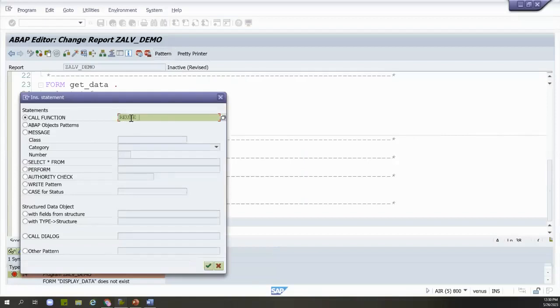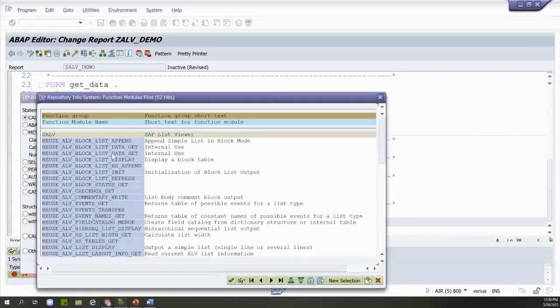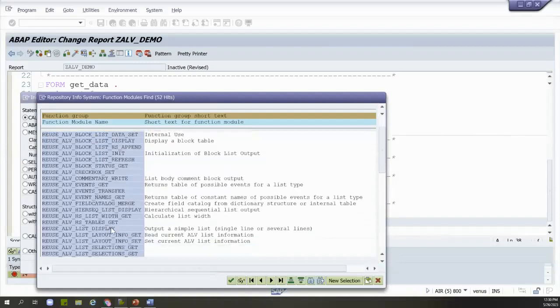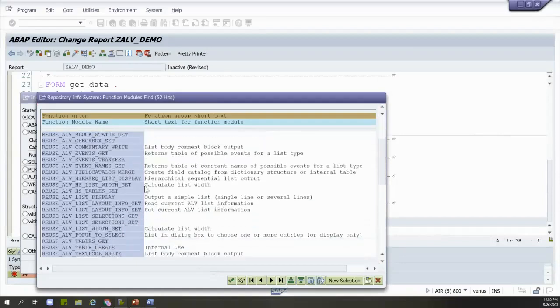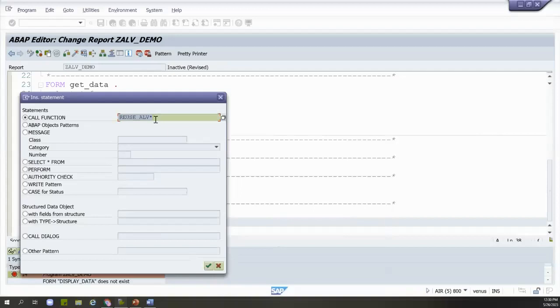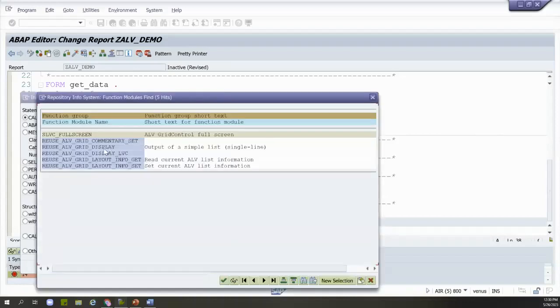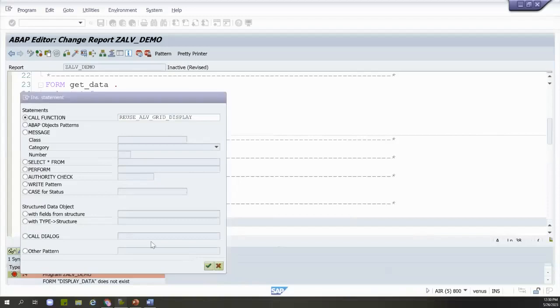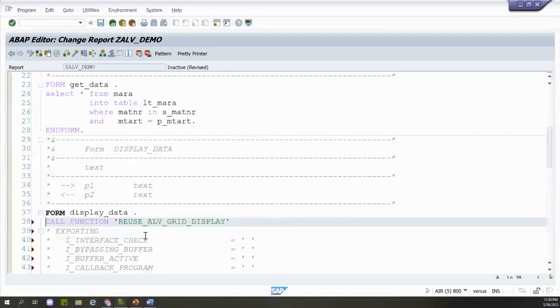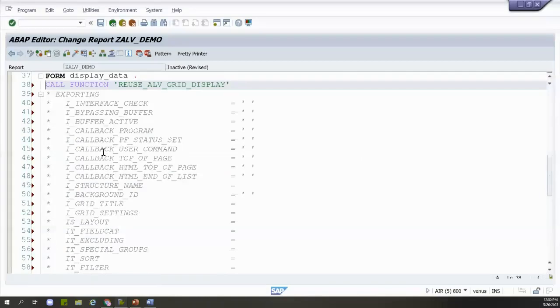So I will use reuse ALV grid display, I guess. There are so many other things as well: list display, grid display, like that. Let me put ALV grid display. This one, right? So we'll use this. By default, all the exporting and importing parameters we will have. I don't need all these parameters, but rather I will use